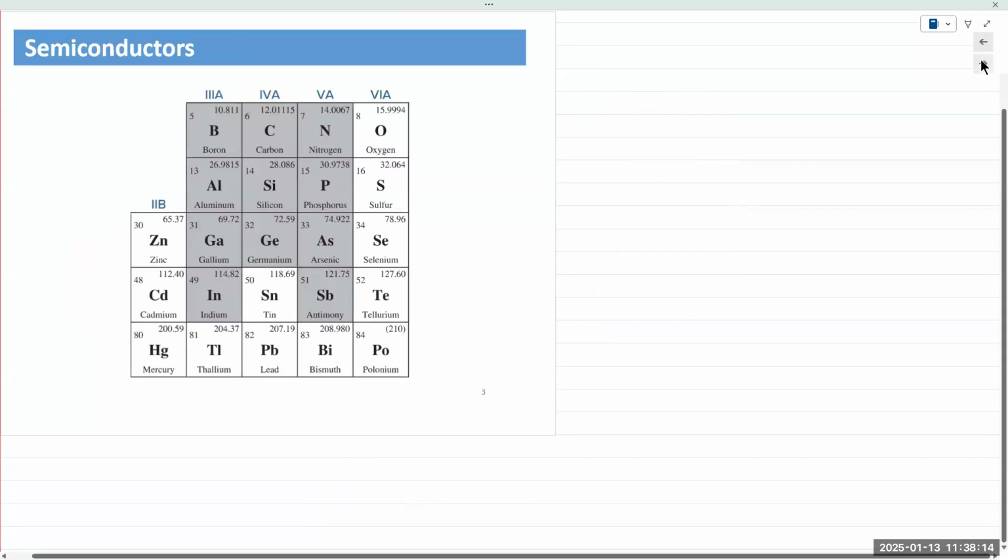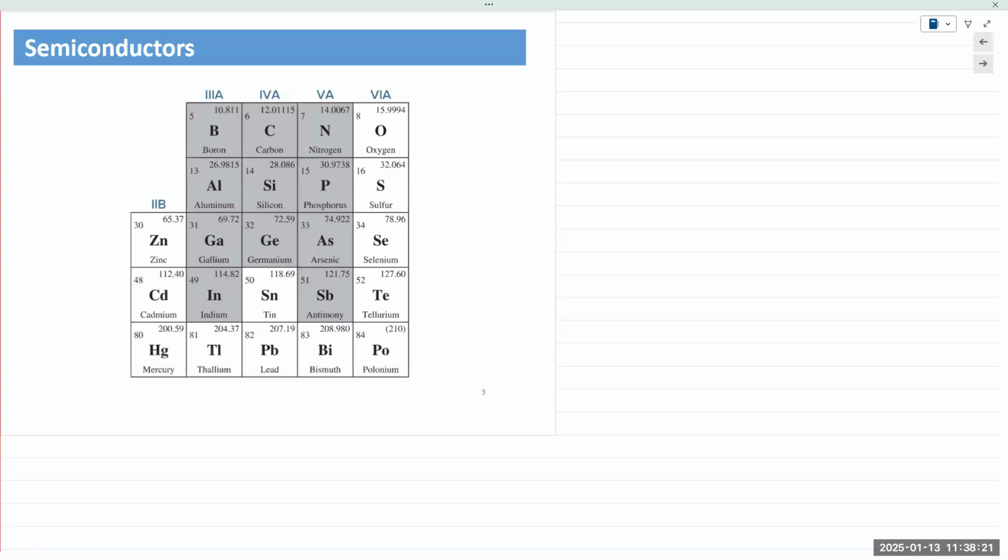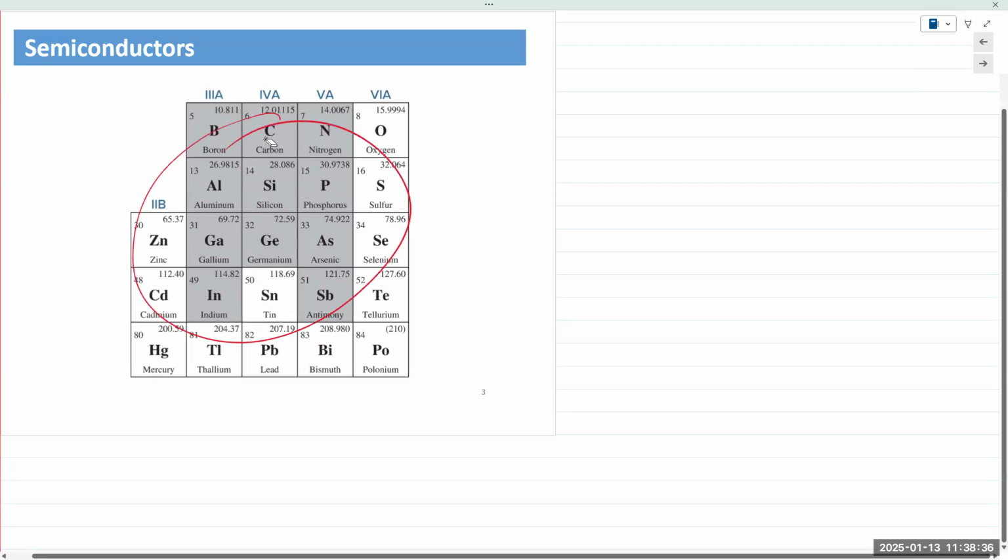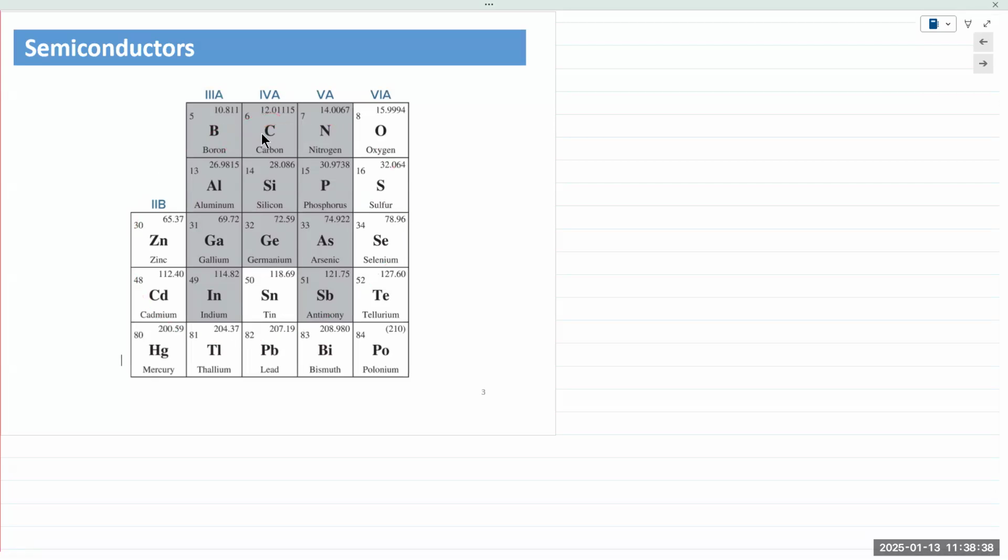Okay. So here is column 2 to column 6 of the periodic table. We have our common elements here. You might be familiar with definitely the center of the periodic table. Semiconductors are elements that have 4 valence electrons in their outermost shell. Okay. To give you a broad overview,